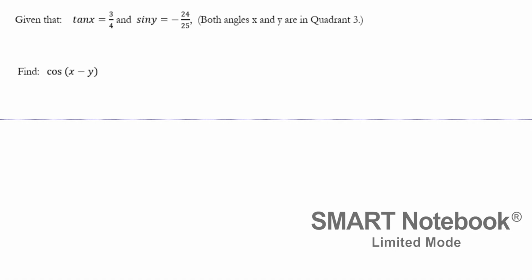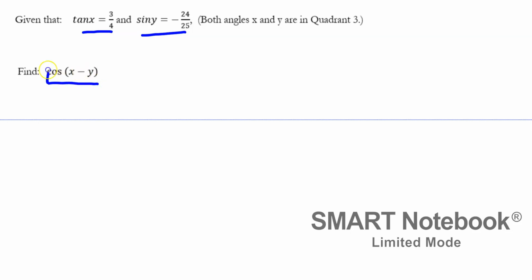So let's get started. The exit slip was multiple choice, but I'm just going to do free response here so you can check to see if your answer was right or wrong from here. Given that tangent of x is 3/4 and sine of y is negative 24/25, we would like to find cosine